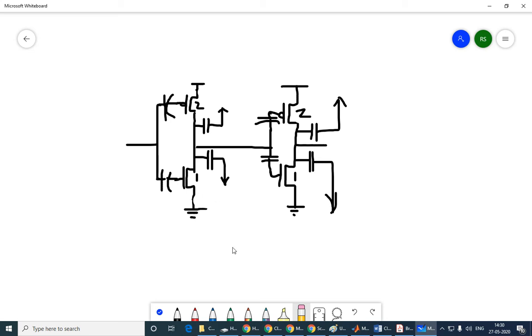So if you look at the picture now, these are all the capacitances that are associated with this circuit, ignoring the wire capacitance. We'll not worry too much about that for now. So gate terminal capacitances, and in the diffusion terminals, wherever there are non-zero capacitances, we have marked those capacitances. The rest of those we don't have to worry about.